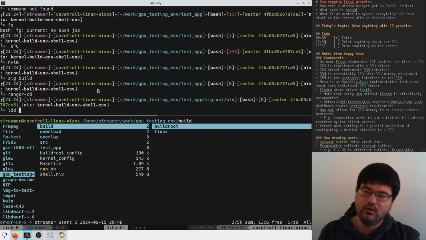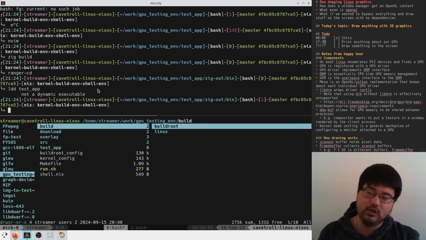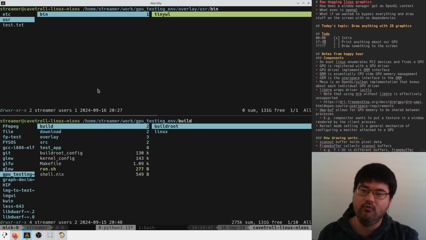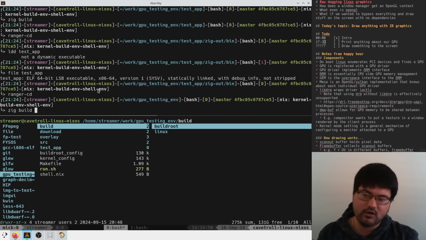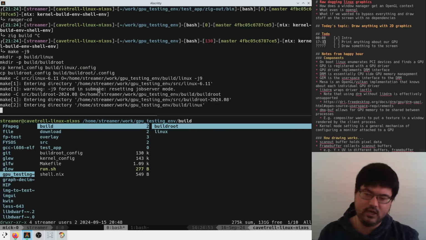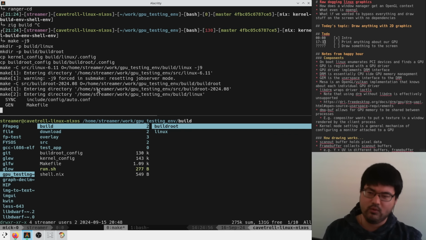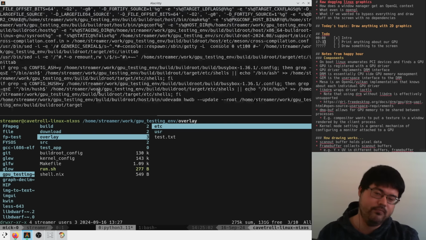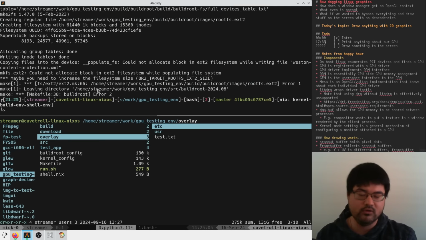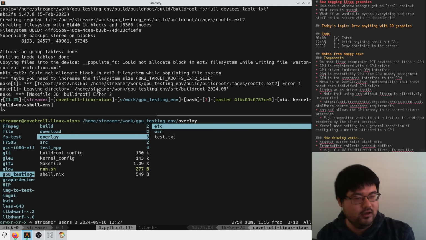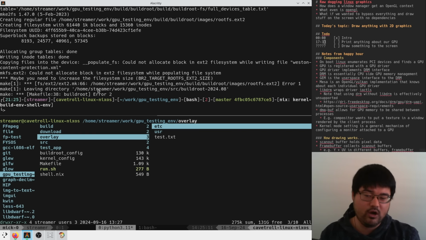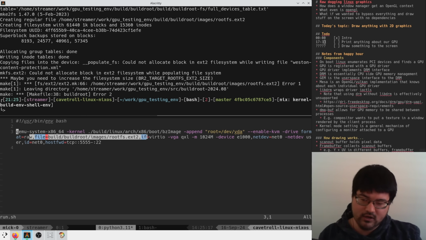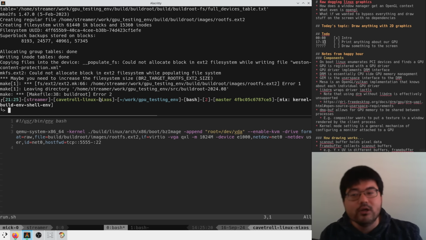Okay, so we have a test app, and let's just take a peek here. So it's not a dynamic executable. Great, really good for us. So if we take this and slap it in our overlay here, and we rebuild our file system, so it's make -j9. This will basically rerun the kernel build and the Buildroot build, and this overlay folder is attached to the file system that Buildroot generates. So Buildroot is generating an ext2 file system image that we are pulling in and mounting at dev vda with this command here. So yeah, Buildroot images rootfs ext2, and Buildroot in its config